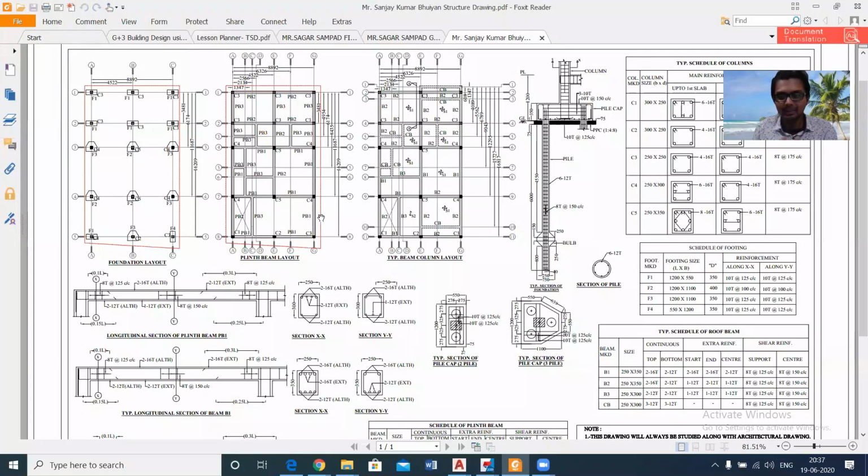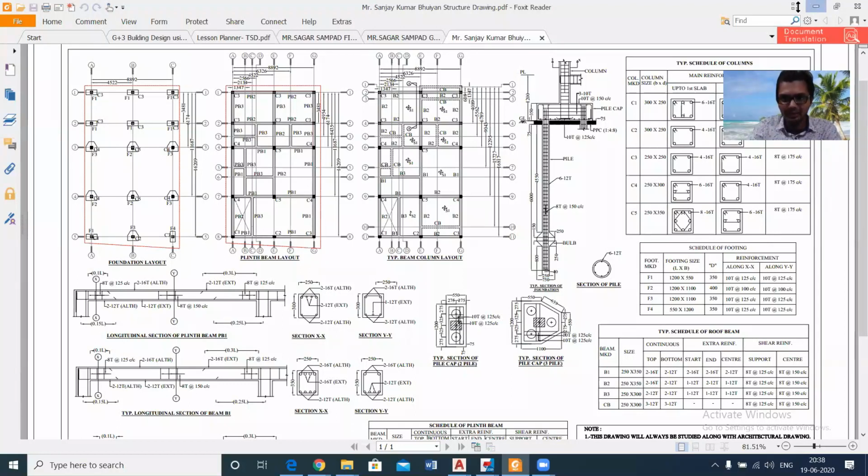So basically, the structural members are in a building. Let's discuss the structural members in a building. Starting from the footing, then your plinth beam, then your columns, your roof beams, your staircase, your slabs. So all the RCC members which carry the loads, because we are designing a frame structure. In the frame structure, all the elements which carry the loads come under the structural elements. Masonry, which means brick work, is excluded because it acts only as a load in your frame structure.